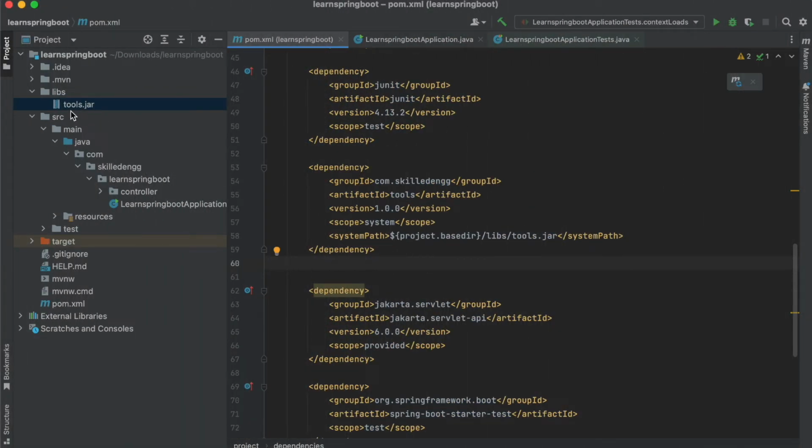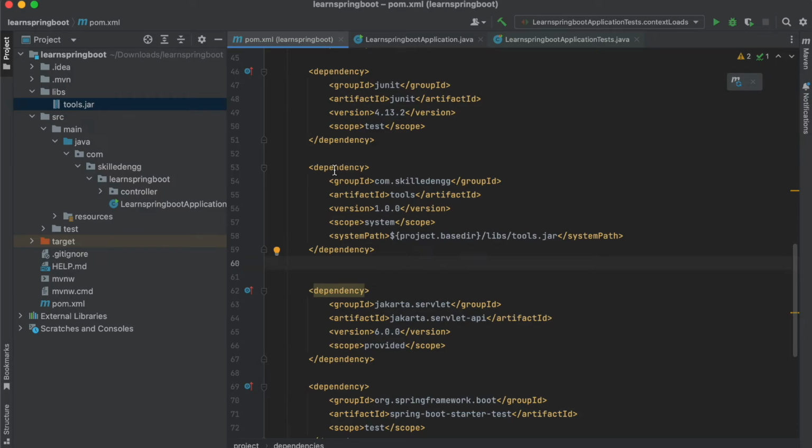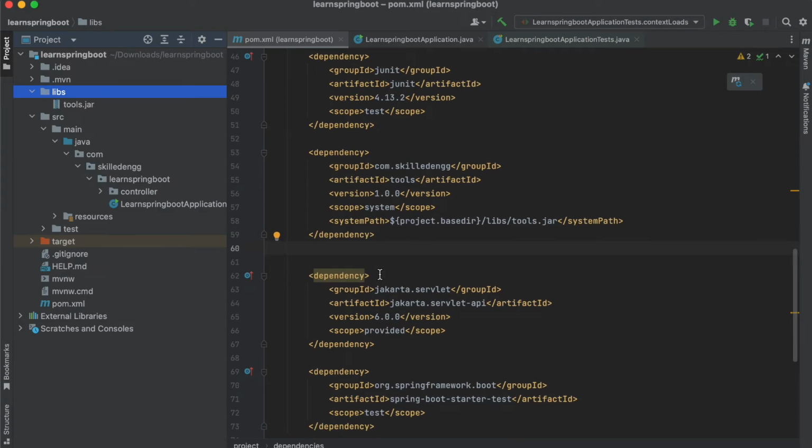So let's say we have created this tools.jar file which contains some utility classes, and we want to use those classes in some other project. So I have created one libs folder, and inside that I have put this tools.jar. Now inside the pom.xml file we have defined one dependency, and here we have defined the artifact ID for this tools.jar and the version of that and the group ID for this particular tools.jar file.